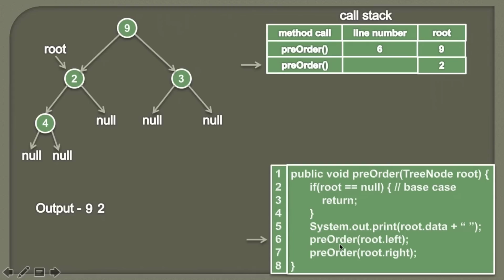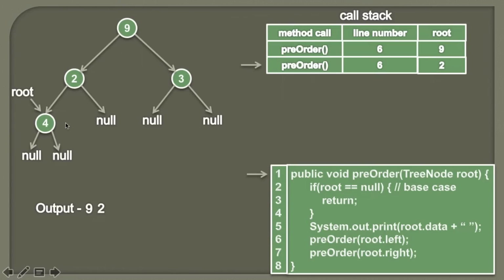And now we'll again call pre-order method recursively and then we'll pass root left to it. So currently root is pointing to the node having data as 2 and its left is pointing to the node having data as 4. So as we are calling this pre-order again, we'll keep the track of the line number. So we are placing the line number as 6 because we know that we are leaving this pre-order at line 6 and we are again calling this pre-order. So the point of execution again reaches pre-order, and this time the root is root's left, which is 4.